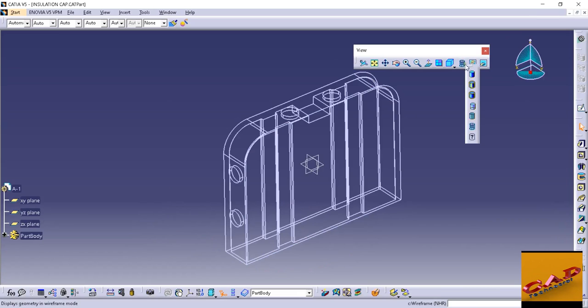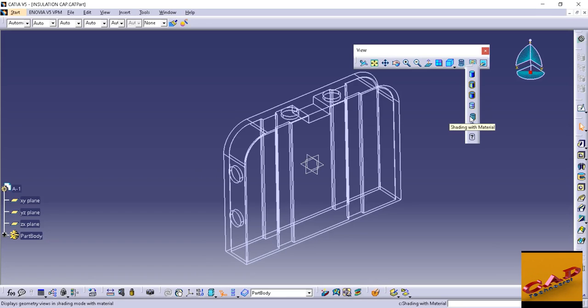I'm skipping this one. In this video I will show you what is the use of it. Actually this is used when you apply a material on a solid part, then you will have to select this feature to show the material or color or texture. I will tell you in a later stage.